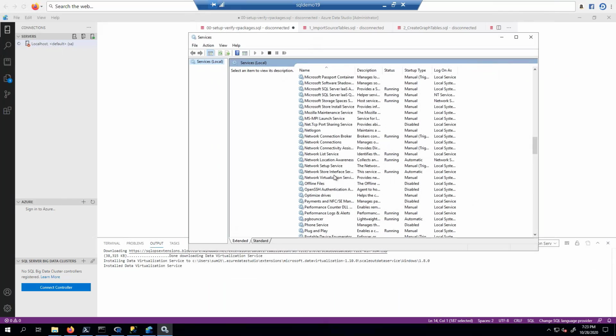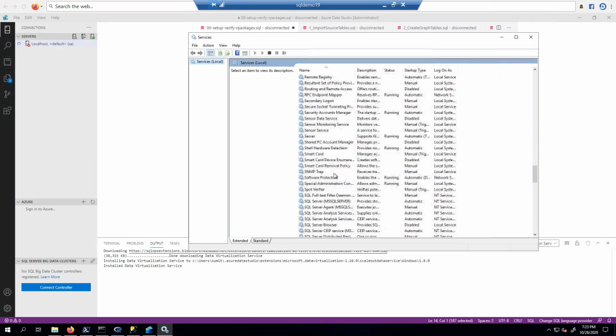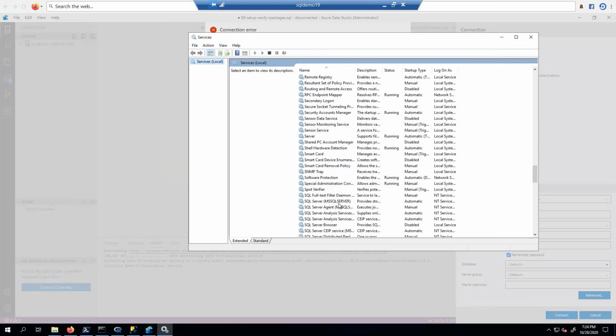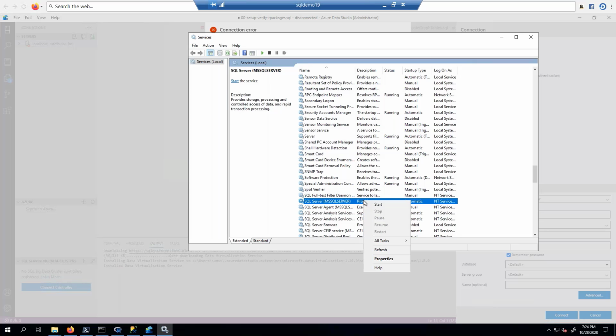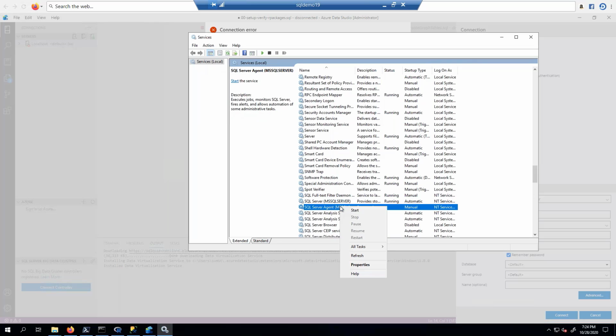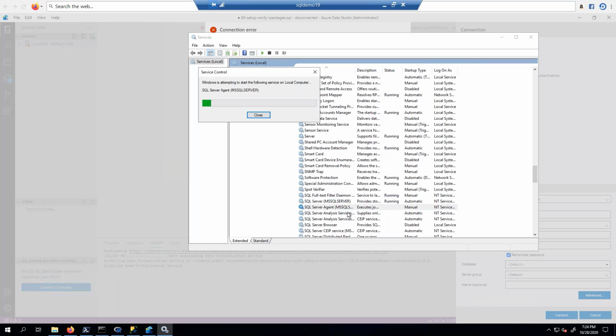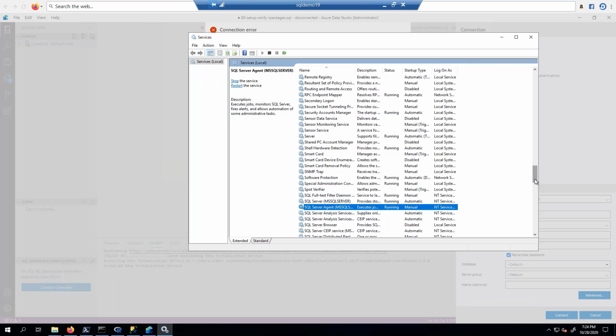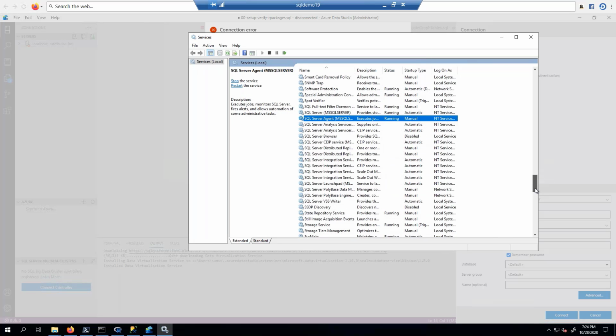I didn't ask it to install anything. SQL, come on. Okay, that doesn't look nice. I don't know what happened here. I don't need the agent, but I'll start it anyway. What are the services I need?